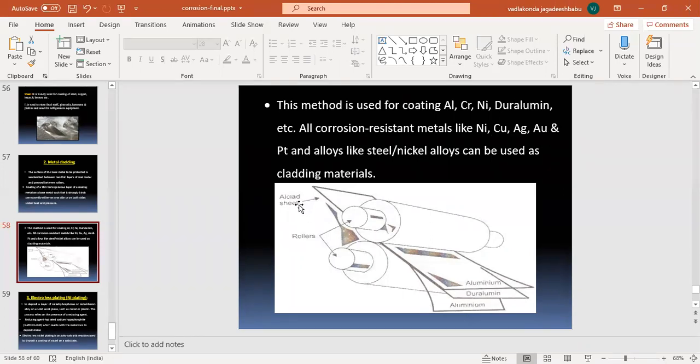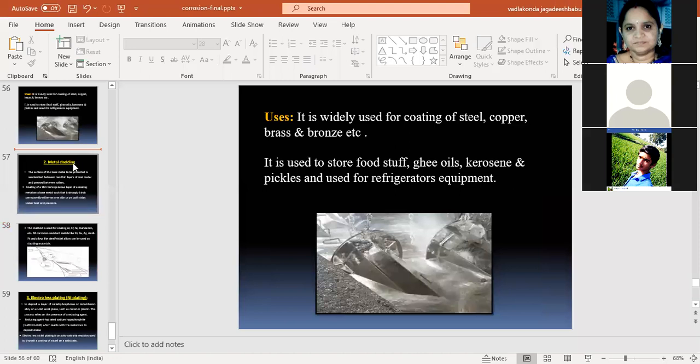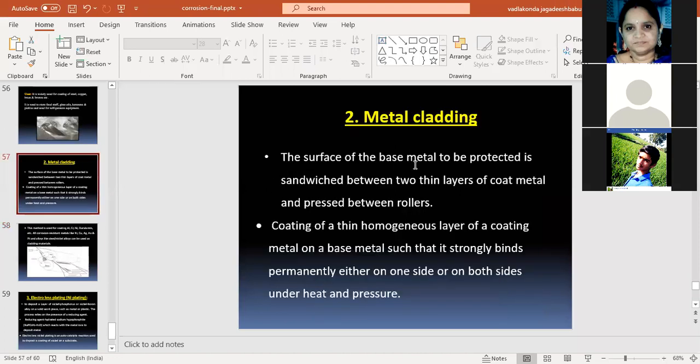Some of the alloys are also used as the base metal as well as the cladding metal. So this is the alclad sheet, one of the important sheets used in aircraft, and that is prepared by using the aluminum sheet as the coating metal and duralumin sheet as the base metal. So duralumin will be coated with two sheets of aluminum, and the prepared sheet is known as the alclad sheet, which will be used for making aircraft materials. So this is about the metal cladding. Metal cladding is the second method in the